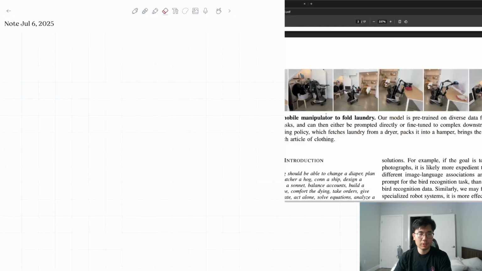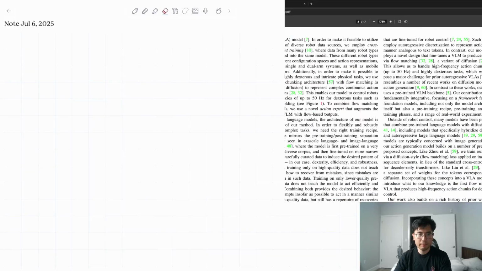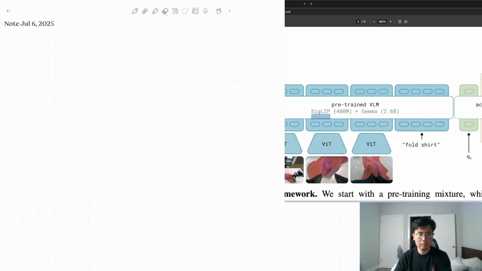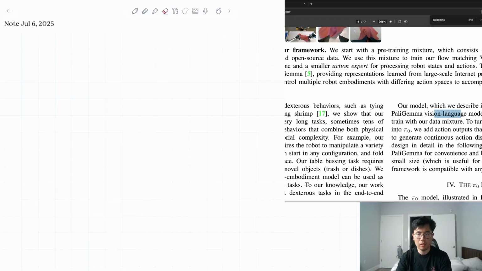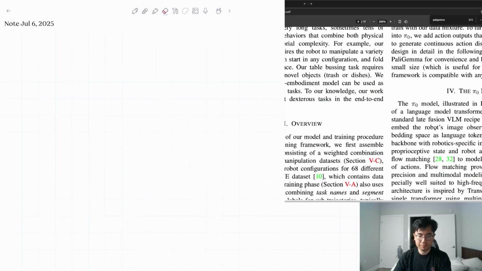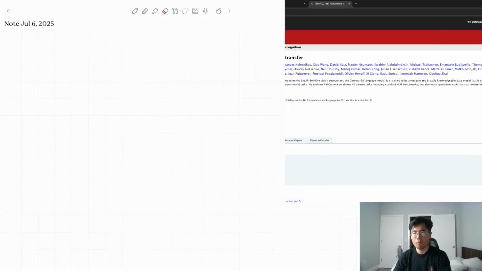Okay, so let's look at the architecture. What they use for the VLM is PaliGemma. There's SigLIP and Gemma. So PaliGemma is a model, I believe, released by Google as well. And the architecture of PaliGemma,